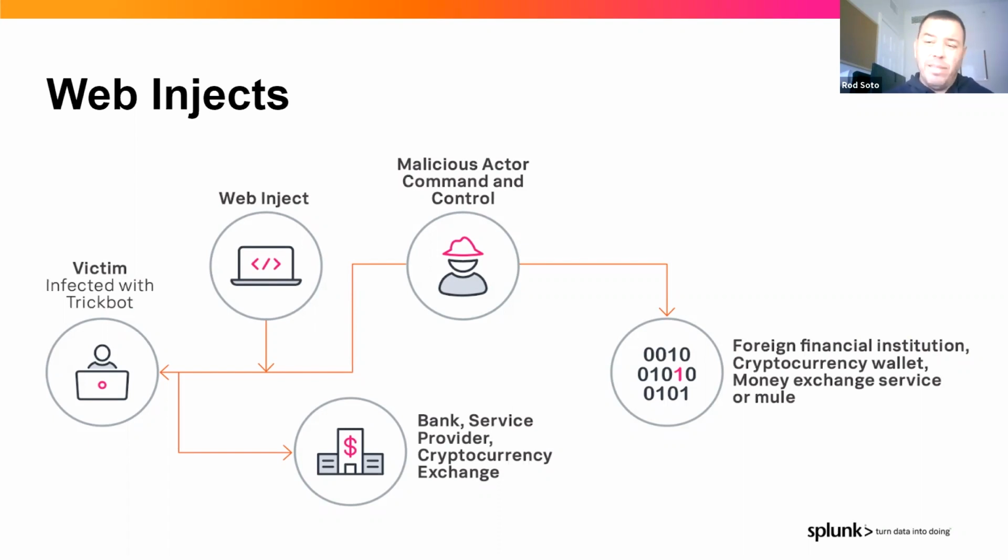Imagine that somebody is accessing their bank, right? Imagine that there is a webinject in this compromised machine. Criminals are able to execute transfers and other fraud-related operations. And usually this happens because the destination of these transfers and operations are foreign financial institutions where cybersecurity laws are lax, and this